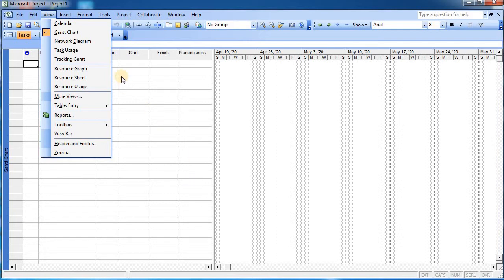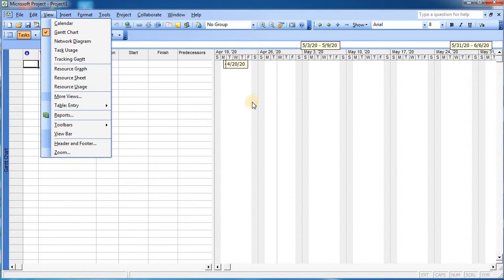Along with the insertion of the details of the project in tabular form, this particular section represents the Gantt chart section. It consists of the dates. By default it is showing the date on which the project is being made. Over here you can see the days. Again, this dotted section represents the days which are off.